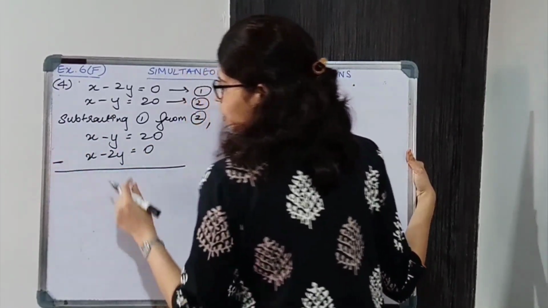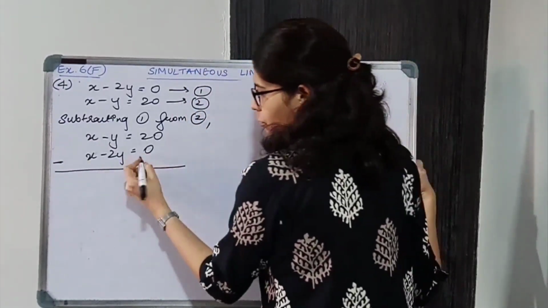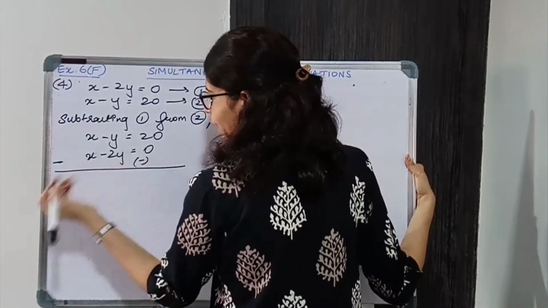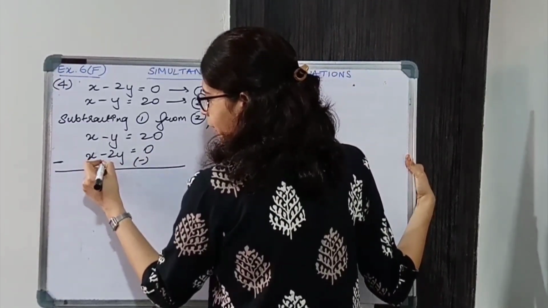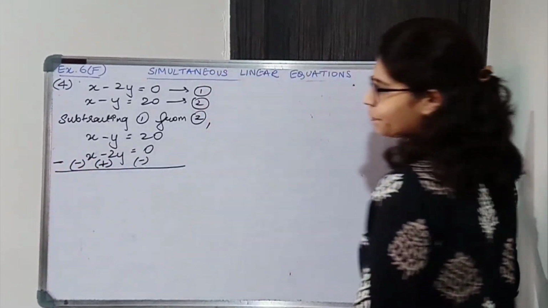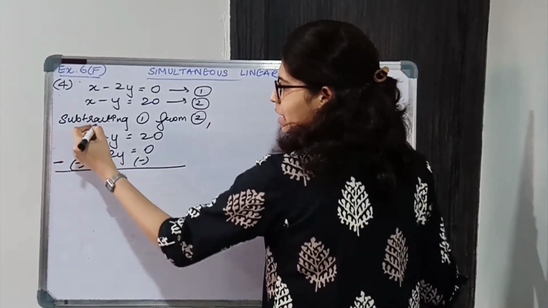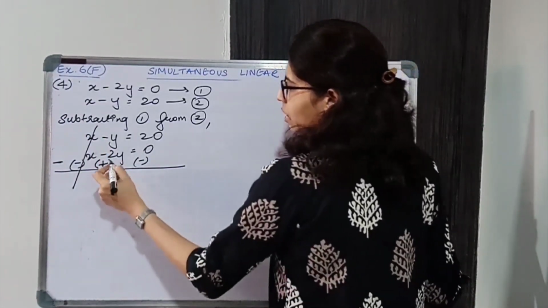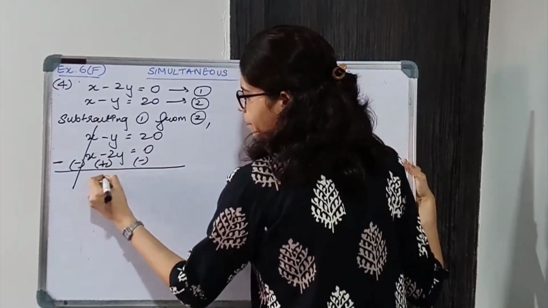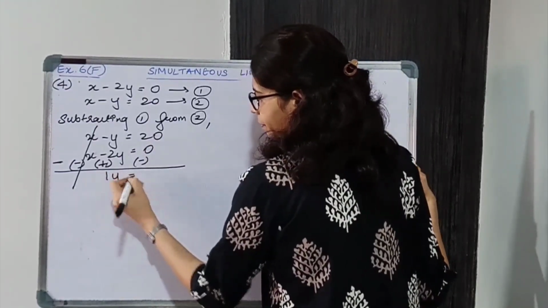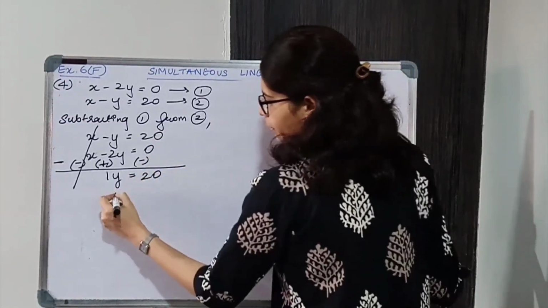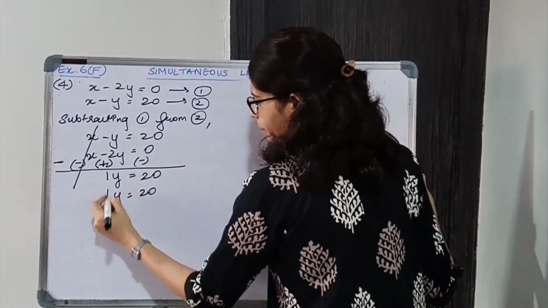We'll subtract this equation, so the signs over here will change. This becomes minus, makes no difference. Whether you minus or plus 0, it remains the same. Minus becomes plus over here and this plus becomes minus. Alright. x minus x cancels. Minus 1 plus 2, so 2 minus 1 basically gives 1. So 1y, that is y. And 20 minus 0, that is 20 only. So y is equal to 20.